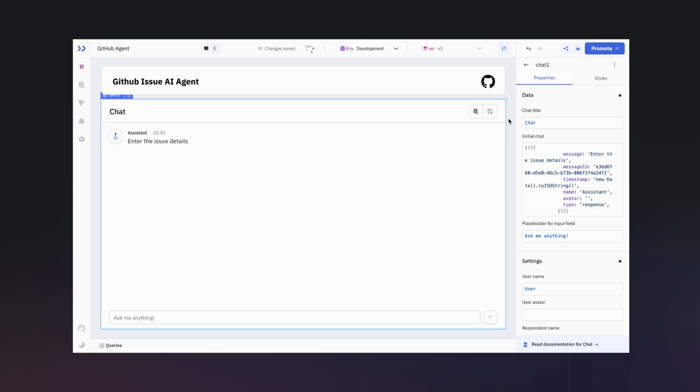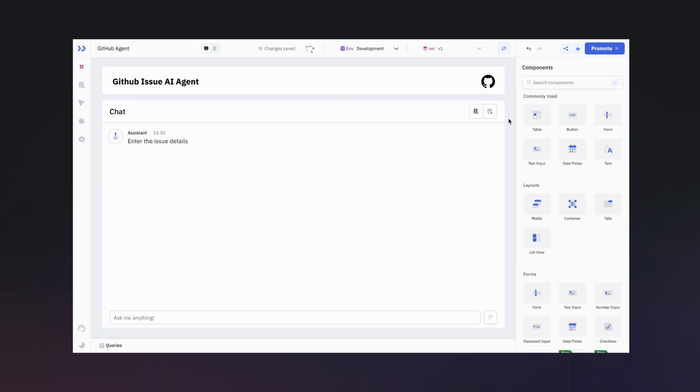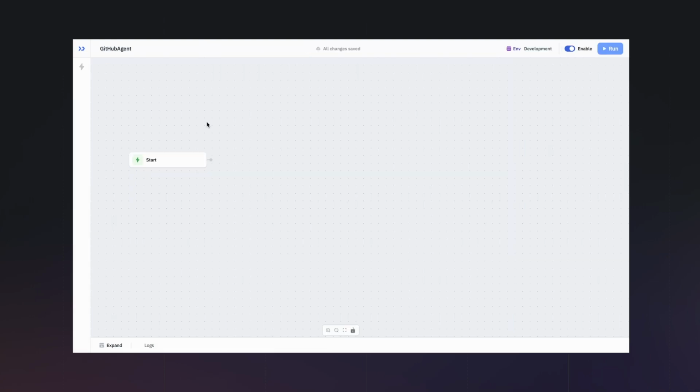So the core part of the entire building process is the workflows. We'll be creating the agentic workflow inside of the ToolJet Workflows, and then we'll be triggering that workflow from this chat component, which will get us the details of the created GitHub issue, which is created inside of the workflow. Okay, so now let's move to the workflow part. This is the ToolJet Workflows where we'll be creating the agentic pipeline in order to get the context from the chat component,